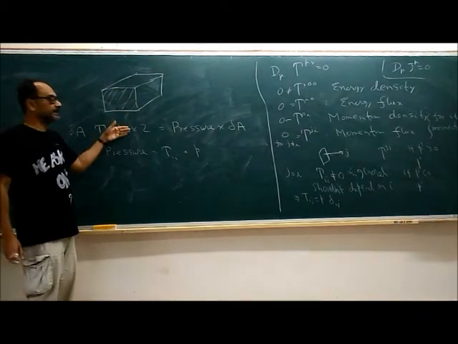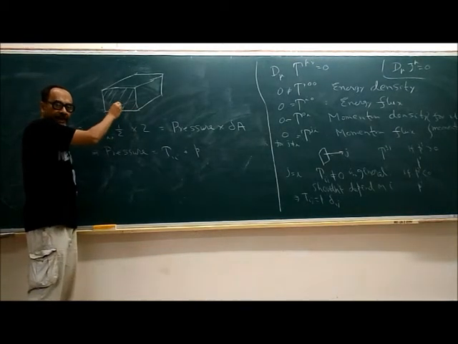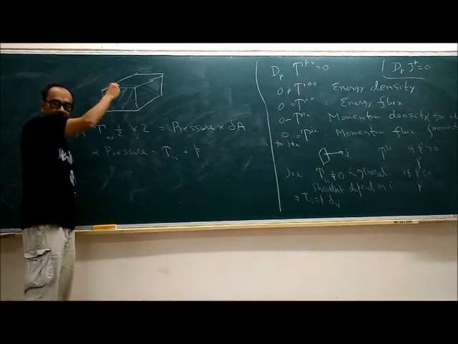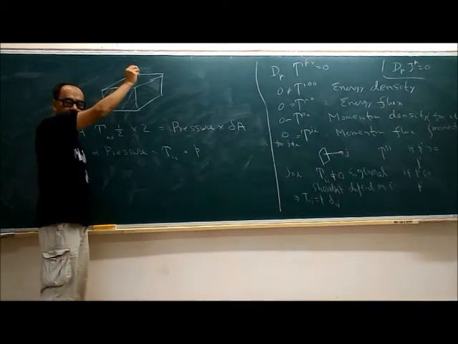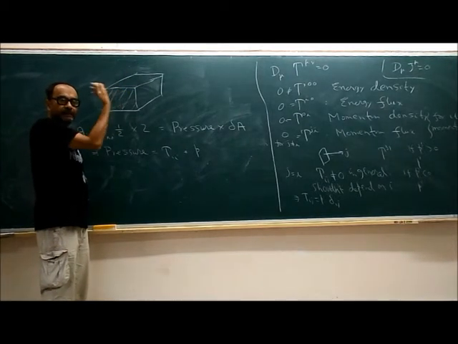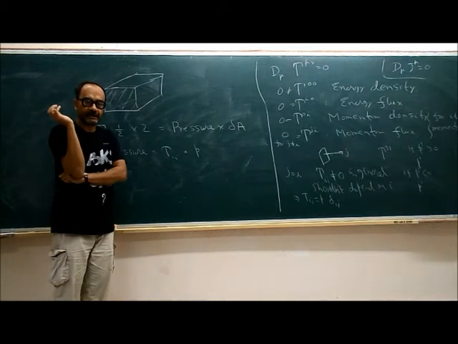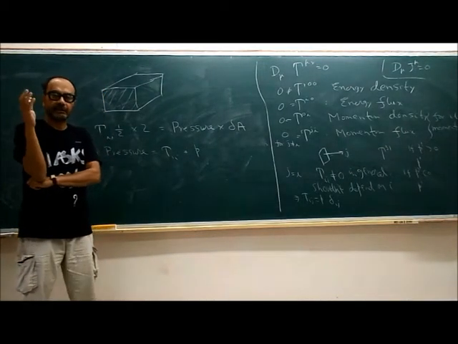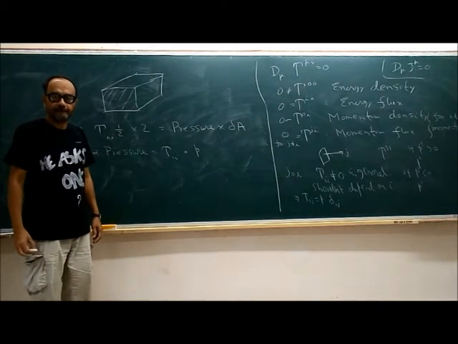You see, imagine that the particle is incident like this. Then it will also carry a P_j, right? But when it gets reflected, the P_j remains the same. So the change in momentum is only happening in the normal direction. That's why T_ij makes no difference here. Even if T_ij was there, it will not contribute to this process.